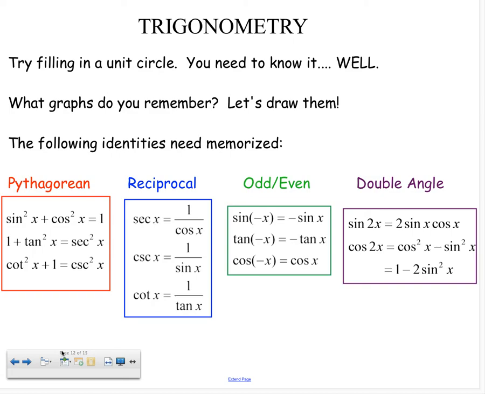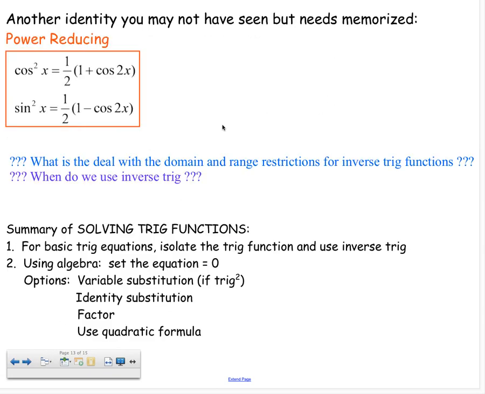The following identities that are listed there need to be memorized. All of these do. So I'm going to give you a minute to look at them, write them down, and start writing these as well. These are identities you need to have memorized. All right. Another identity that you were not asked to memorize last year, but you will need this year,